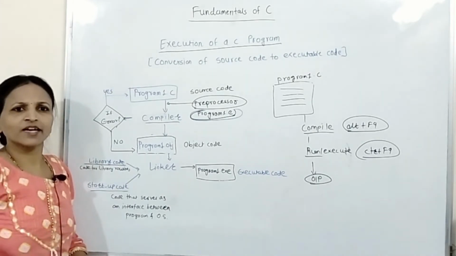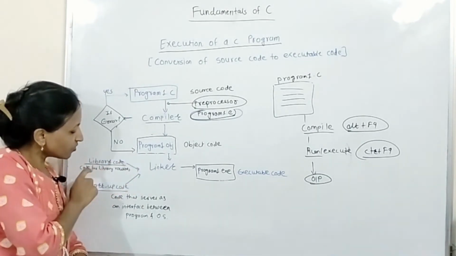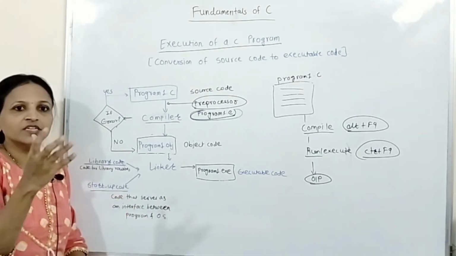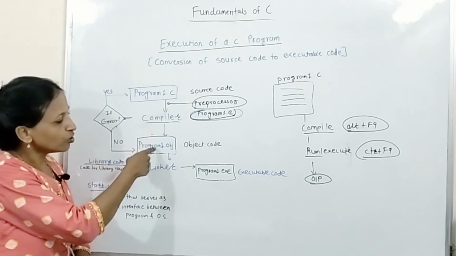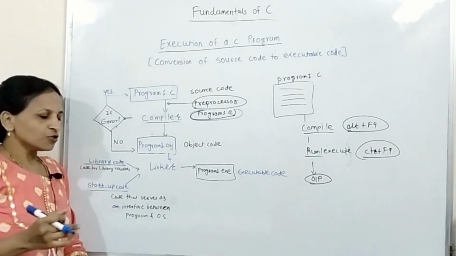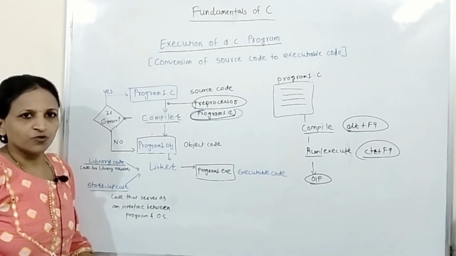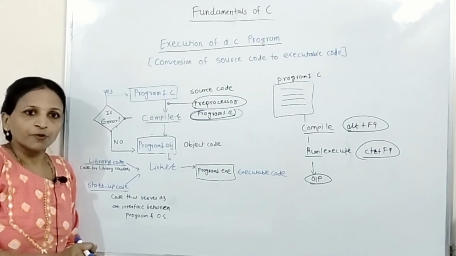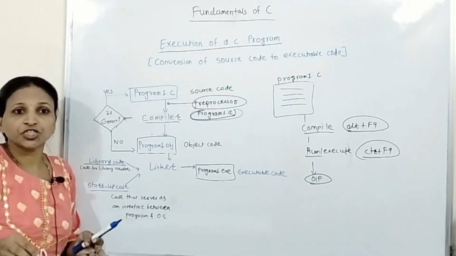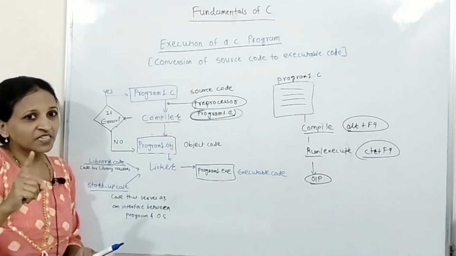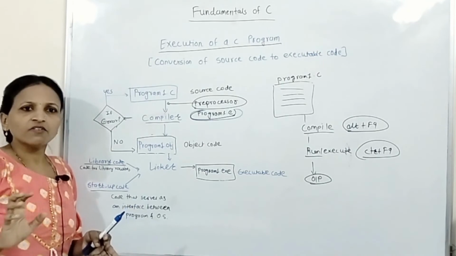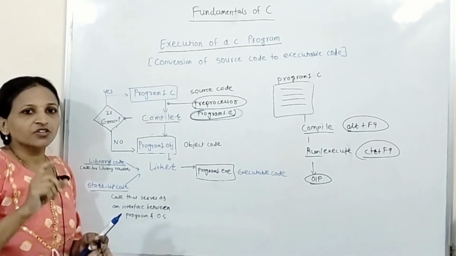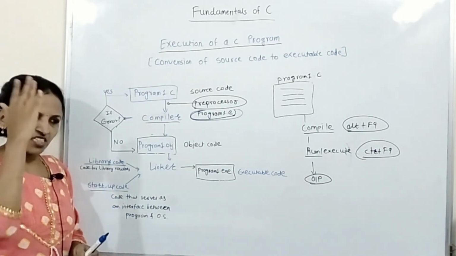Linker is one more program which is already written, and that linker will act. What it does is attach some library routine code and some startup code to this obj code. Library routine code is nothing but the code required for library routines. And next one is startup code. Startup code means what? For execution of our program, that program and the operating system should communicate with each other. There should be an interface between the operating system and our program. Now why is it necessary? Because always remember, there is one main function in our program. Consider the main function as the main instructions.